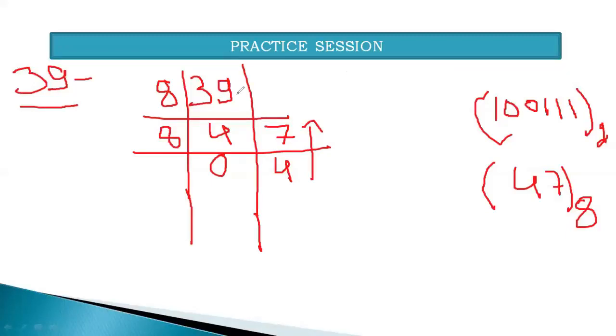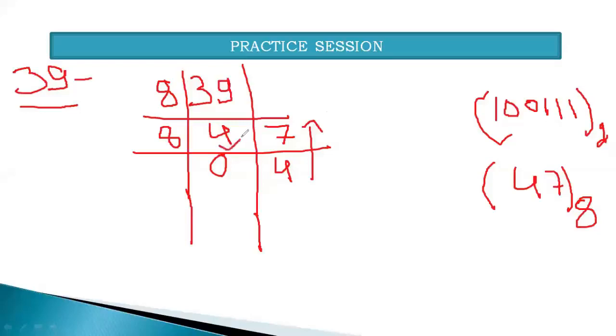39 was the decimal number. When we were asked to convert this decimal number into the binary number system, we divided 39 by the number 2, and we got the new quotient and the new remainder. When we divide a number by 2, the remainder will be either 0 or 1. But now we are dividing the number by 8, so we can get any remainder from 0 to 7. So 39 divided by 8: 8 4s are 32, and the remainder is 7.